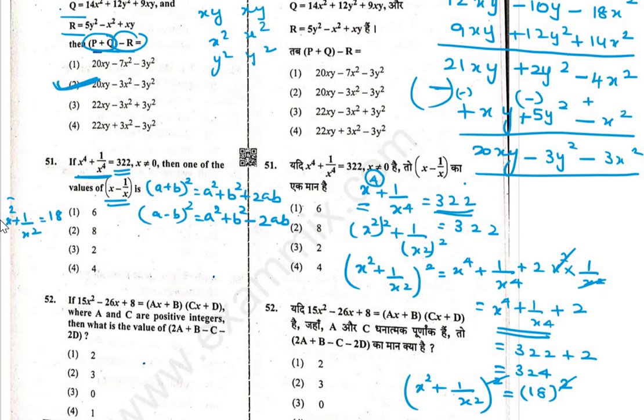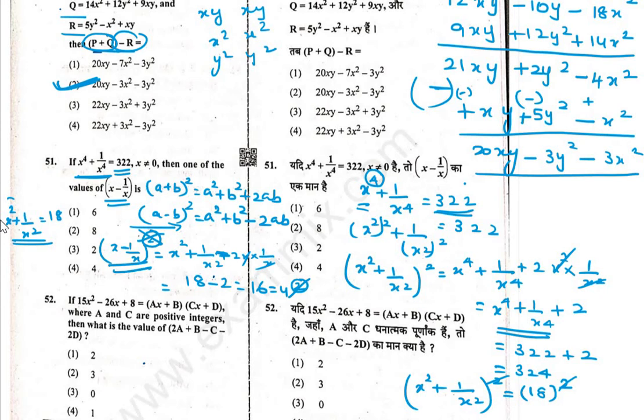Okay. So I am writing here x minus 1 by x the whole square. The formula is x squared plus 1 by x squared minus 2 times x into 1 by x. It will be cancelled. This value we know, just now we found out, 18. Here it is minus, so 18 minus 2, that is 16. That is 4 squared. Again we don't want the square, cancel the square on both sides. So x minus 1 by x value is 4. x minus 1 by x equal to 4.